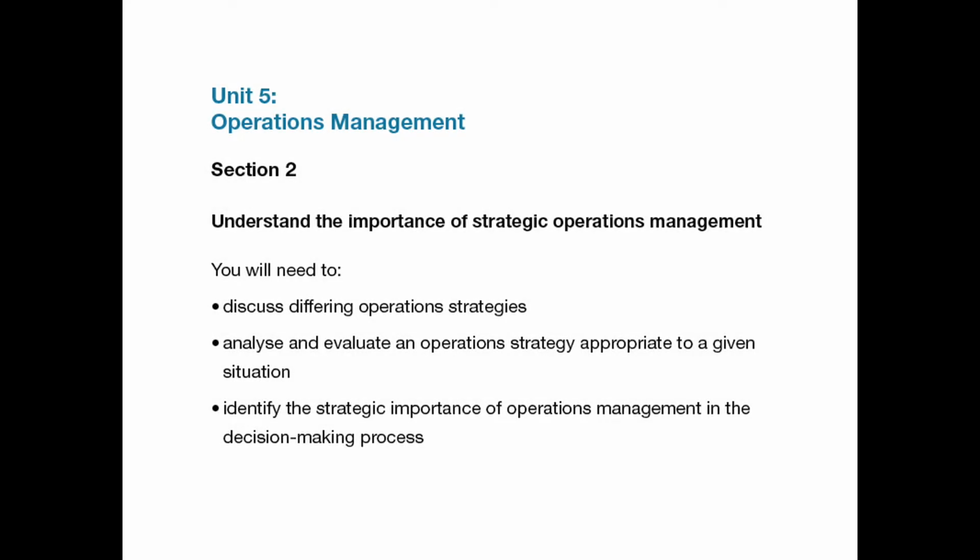Section 2. An operations strategy defines how different components of the business will work together to achieve success. Organisations define operations strategies differently based on the management style and the needs of the organisation. You will need to describe at least 3 different operations strategies that might be adopted by 3 different types of